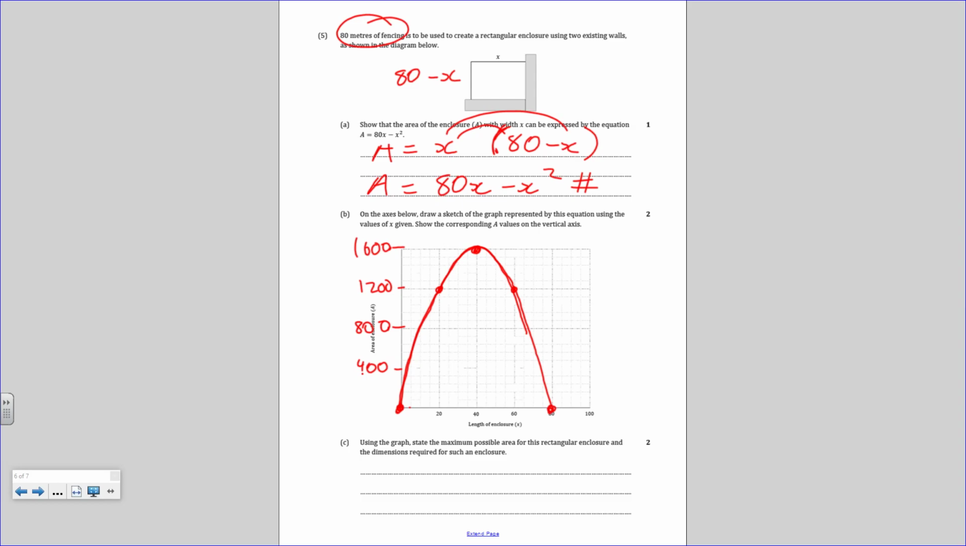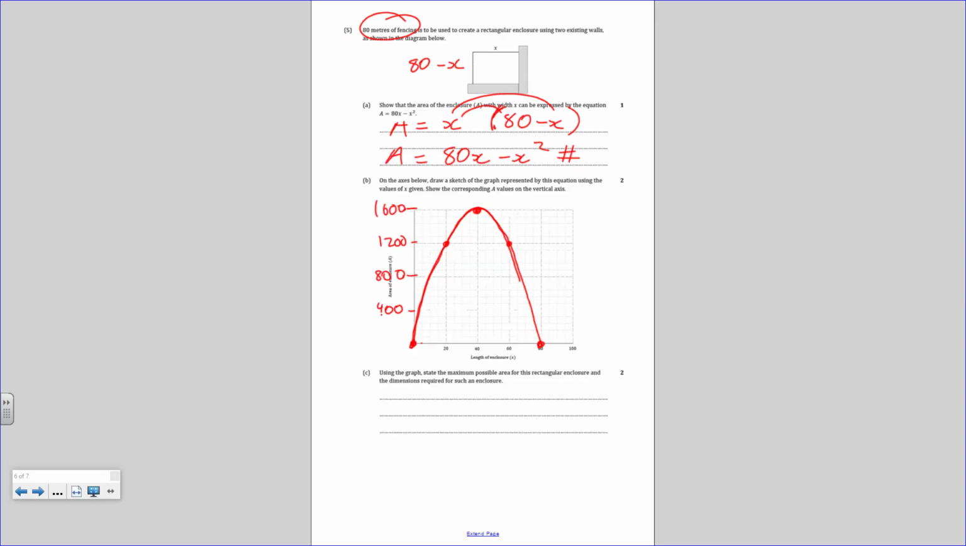And then lastly, using the graph, state the maximum possible area for the rectangular enclosure and the dimensions required for the enclosure. Well, we've got to look at the vertex, like the top point of our graph. So the max area, simply looking at this point, is 1,600 meters squared. And as for the dimensions,